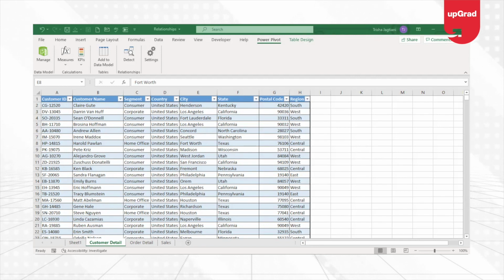But I need to multiply this by 10% to get the 10% commission. So before I do, just like the BODMAS that we had learned in school, we are going to ensure that we put a bracket so that this is multiplied first: the sales price into the quantity. Once I've done that, I can multiply this and get the 10%. So I will say 10% as my commission. Once I do an enter,